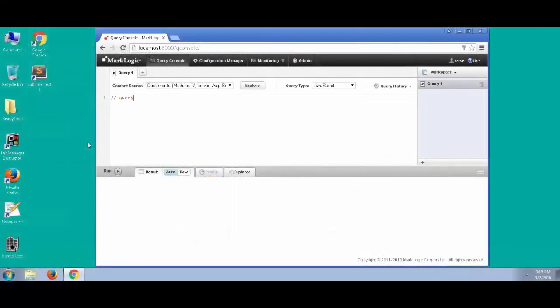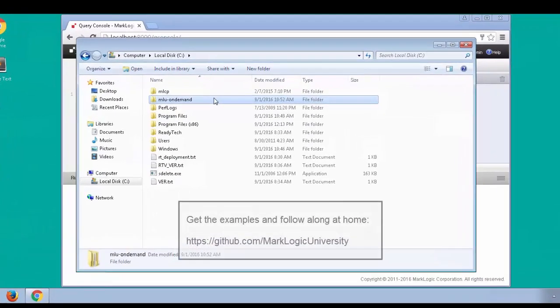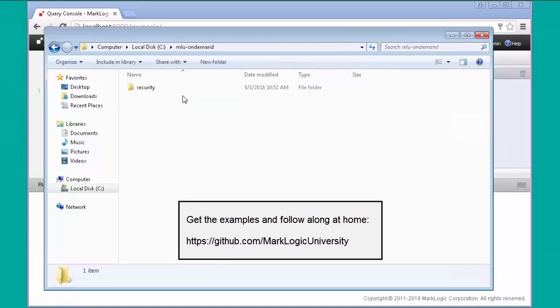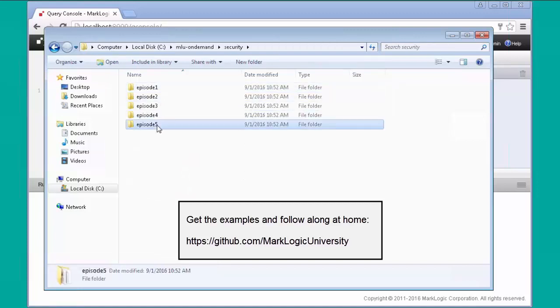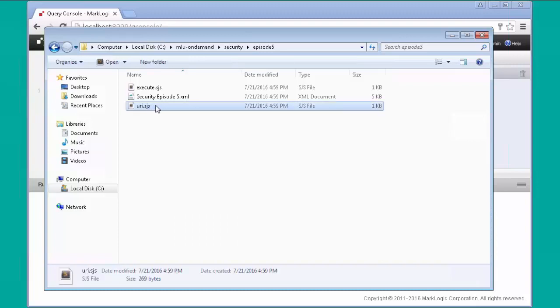So let's start this demo by navigating out to the files that you downloaded from the MarkLogic University GitHub site. And if you haven't downloaded these yet, you can access this content at the link shown below. And we're going to look in the episode 5 folder. And specifically, I want us to take a look at the file